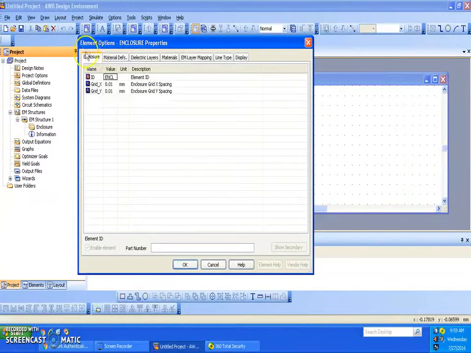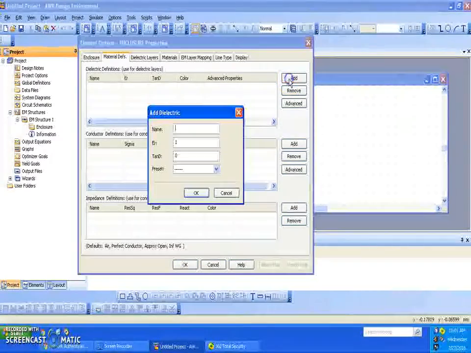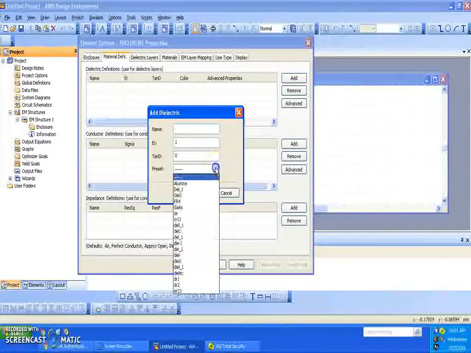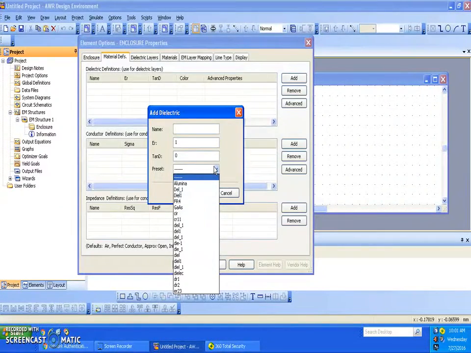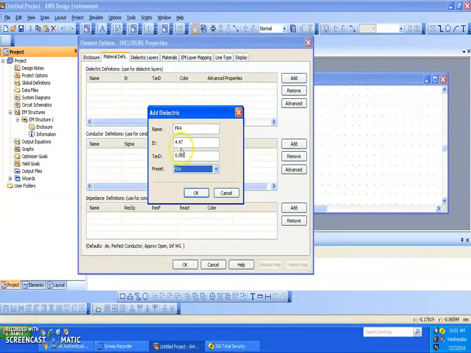Go to the enclosure in the enclosure properties option. Give the grid size of X as 0.1 and give the grid size of Y as 0.1, and then go to the material definitions, and now we need to add the dielectric definition. To add the dielectric definition, click on add button, and you can go to the preset. Here we have got different types of dielectrics which can be used, and we are going for FR4 as a dielectric, and the epsilon r value is given as 4.47,